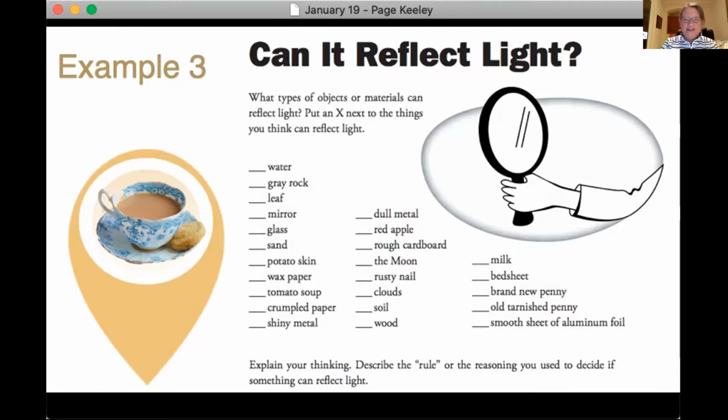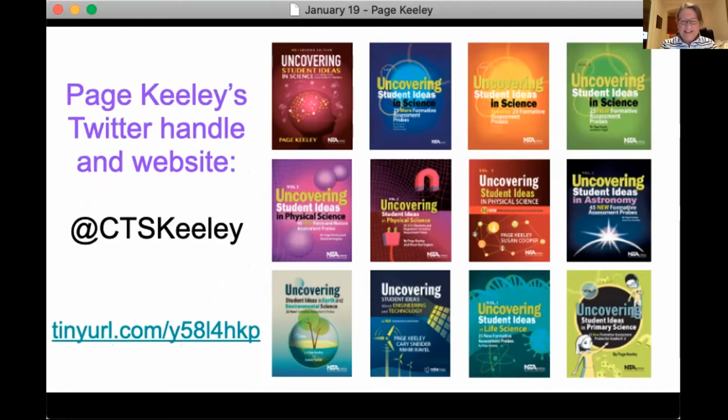And if we go to the next slide, like I said, there are a lot of these. This is, I call it, the never ending book series. They just keep coming out. These are all the books that I currently have. The most recent one is the engineering and technology book. So students have misconceptions about engineering and technology as well, but they cover all the areas of science, and you can learn more about them by going to that link to go to my website,